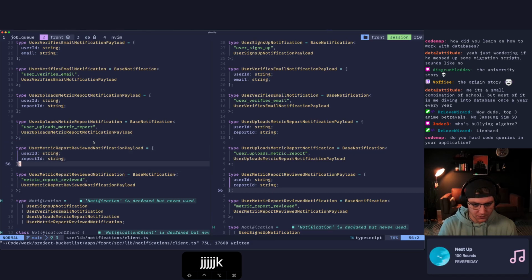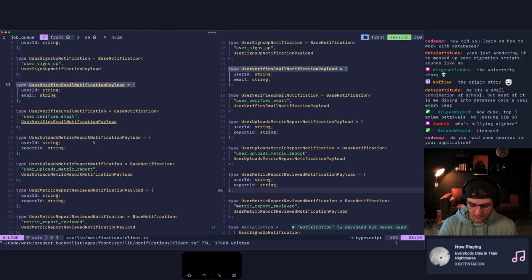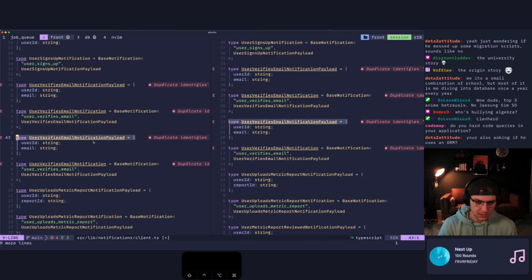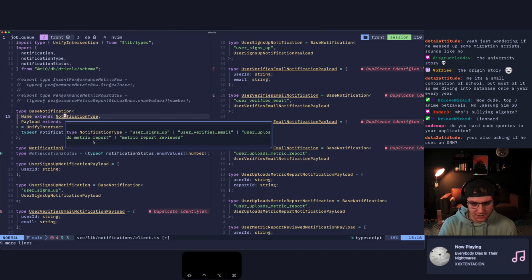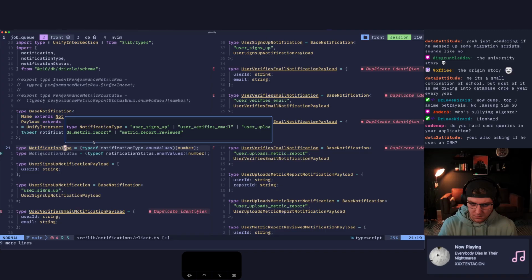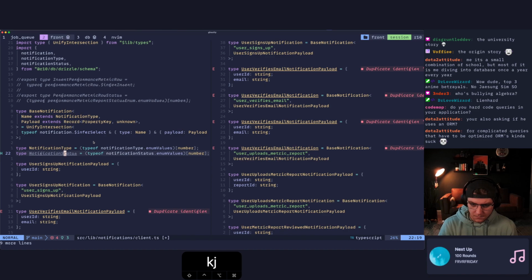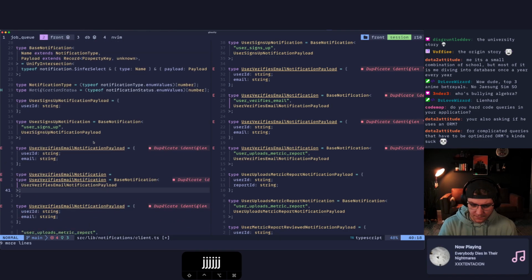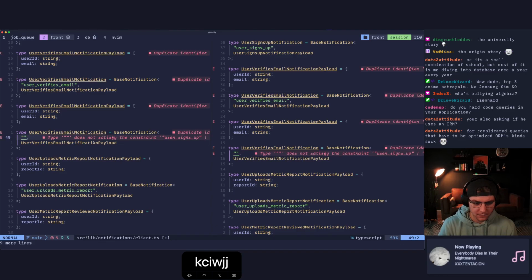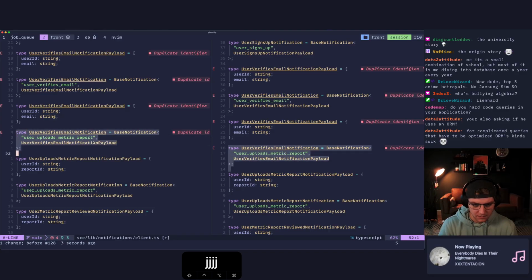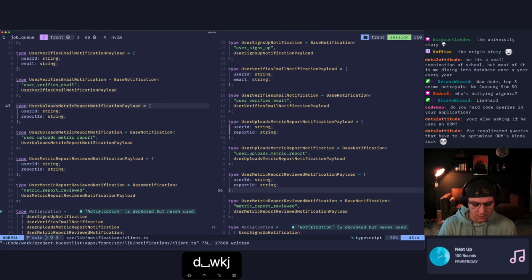We need one more: metric report reviewed. Verifies email. So let's copy this down, yoink, paste. This is going to be user. Why does this only have 3? Property key notification type. User signs up, user verifies email, user uploads metric report. Wait, do I have, no, hold on. I've got double somewhere. How did I do this? User uploads metric report, and then this should become